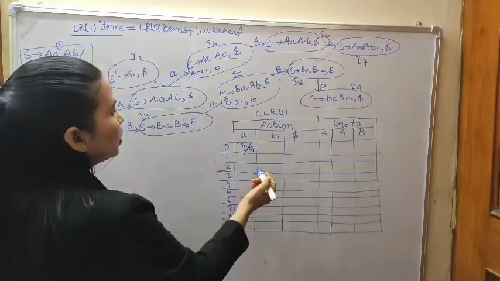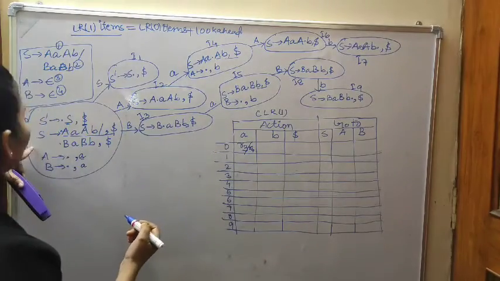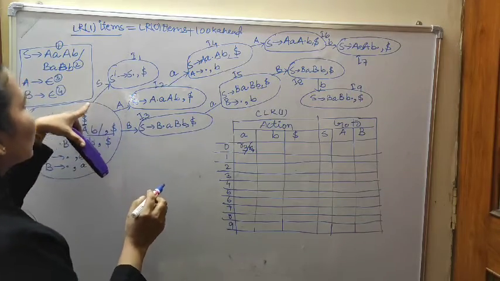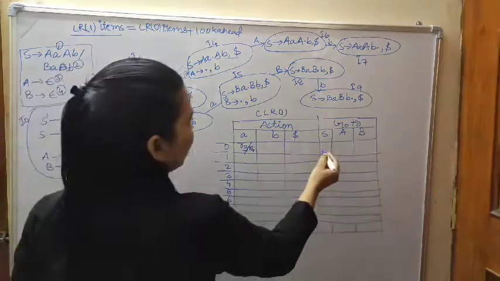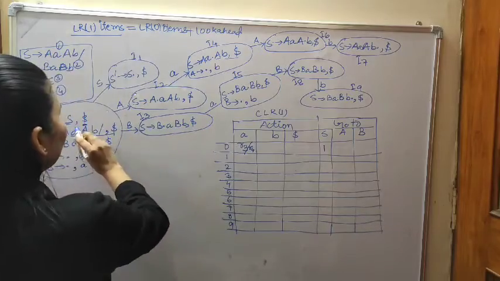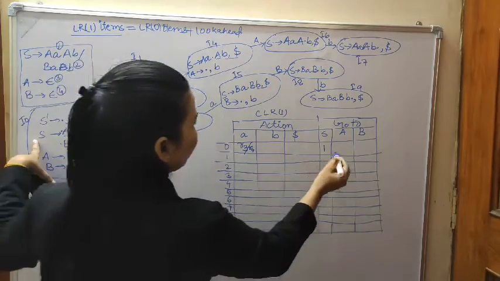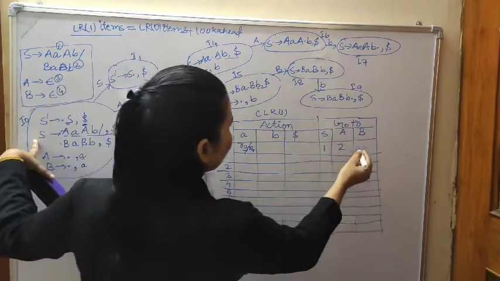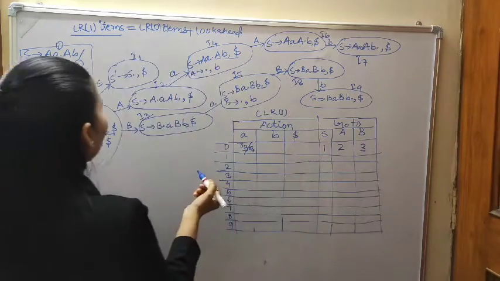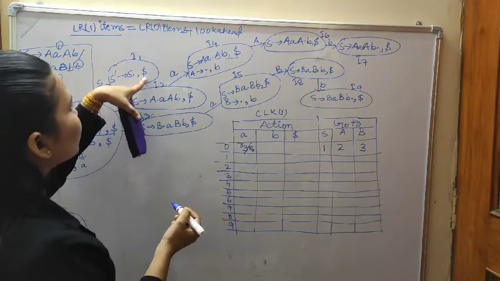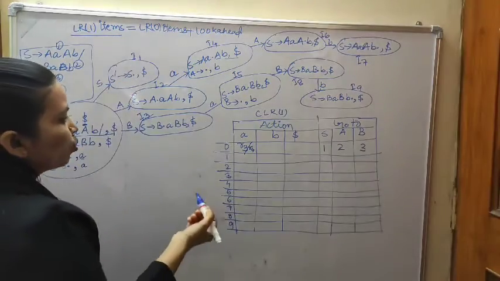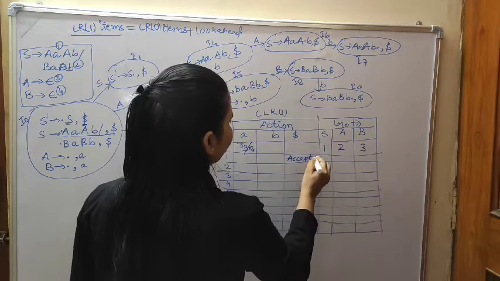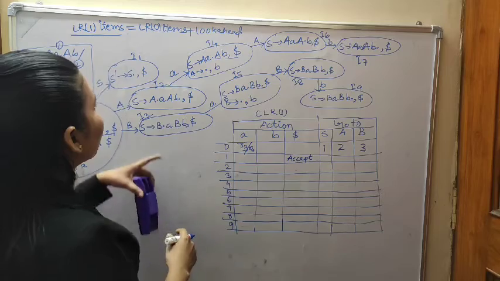Okay, now in state number 0 we have already written two reduce parts, and now we go to S2. From state number 0, on S we go to state number 1, write down 1; on A we go to state number 2, write down 2; and on B we go to state number 3, write down 3. Now from 1 it is accepted, in the dollar place. Look ahead is dollar, so in the dollar place write accept.